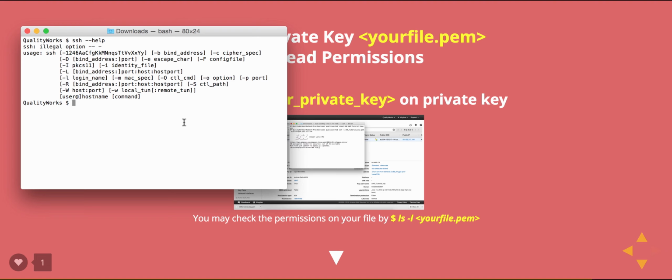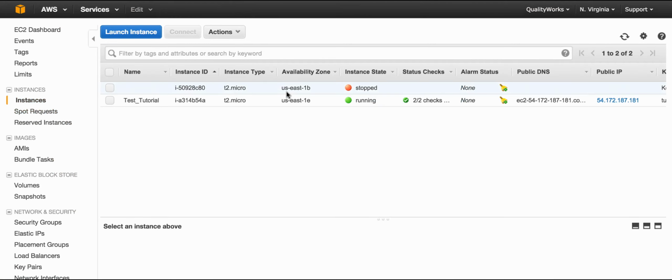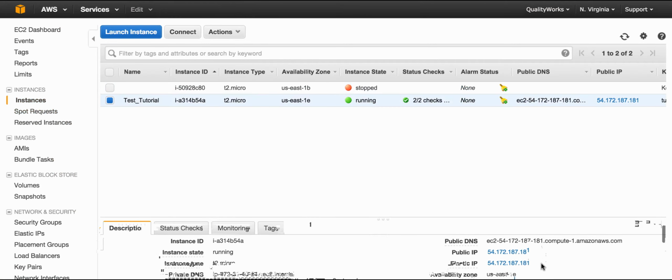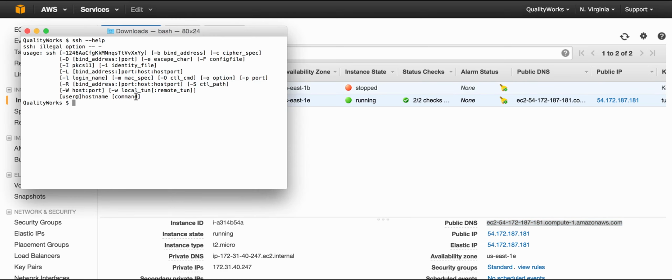Now, by default, an EC2 account comes with ec2-user as the default user. And the domain that we will be using, if you go to instances and select your instance, this can be your elastic IP or your public IP or even your public DNS. So let's just head on back to our terminal,